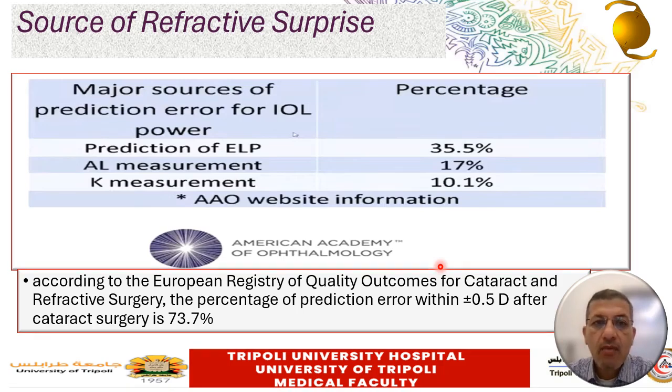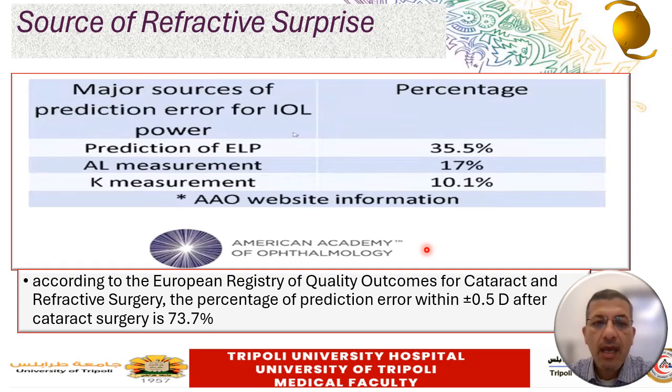Another variable, with the advancement in keratorefractive procedures and the occurrence of LASIK, is the changed anatomy of the cornea and the ratio between the anterior surface and the posterior surface of the cornea after LASIK, which was another source of error in the calculation of the power of the IOL. However, recent formulas have overcome this problem by measuring the net corneal power and the total corneal power, and a special machine like the LensStar 900 can measure the total power of the cornea with very high accuracy. So even these variables have been overcome to a large extent by the emergence of recent formulas to predict the effective lens position. But still, the state of perfection is not achieved yet, and we are still facing cases